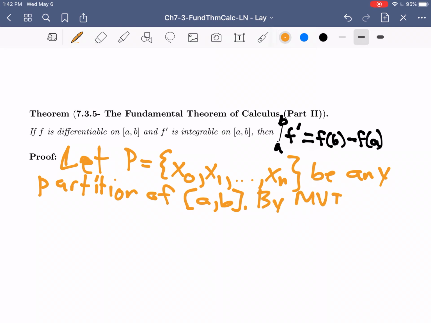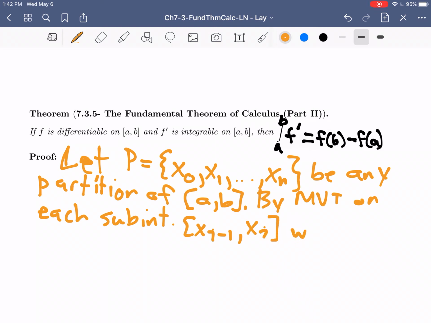By the mean value theorem, if we apply it on each subinterval, x sub i minus 1 to x sub i,